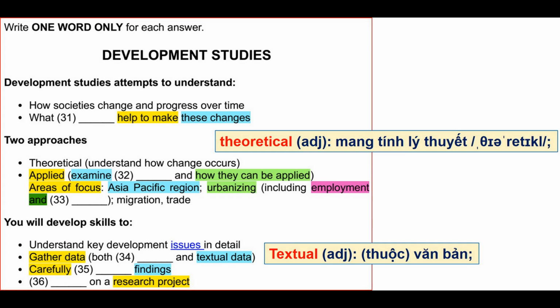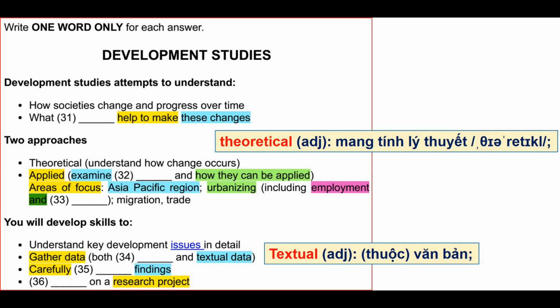To achieve these objectives, there are two key approaches that underpin development studies. Firstly, there's a theoretical approach, which is all about the how of change. With theory, we can explore some of the big questions. What kind of change should we aspire to, and how can this be achieved? But we don't just talk. We've also got to apply some of this thinking. So, through the applied approach, we're looking at specific policies and trying to understand how they can most effectively be